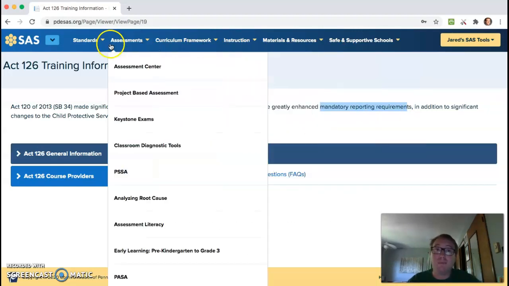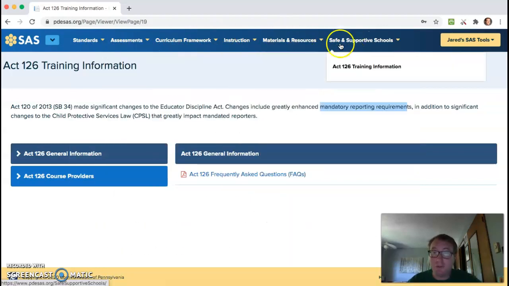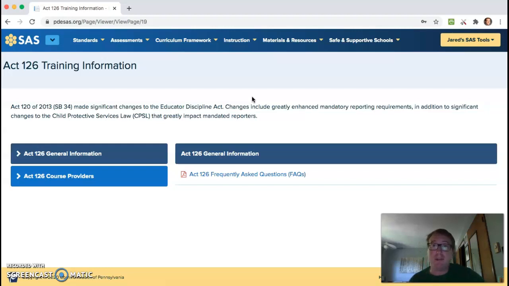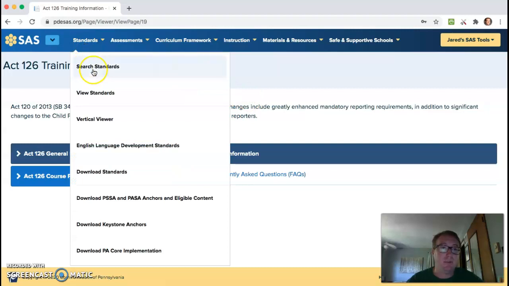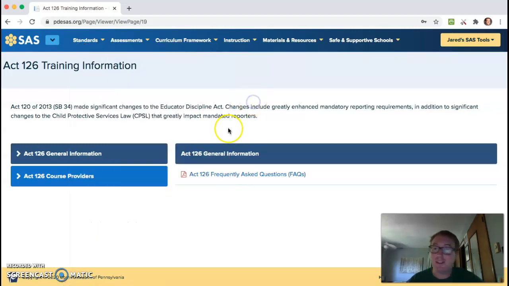So there's a lot to poke around in here. Some of it will be super relevant to you right away, some of it maybe not for a while, and some of it maybe never will be relevant for you. But it's worth getting familiar with this system because, again, it is a major part of education in Pennsylvania, and it can be a really helpful resource. So I enjoy exploring